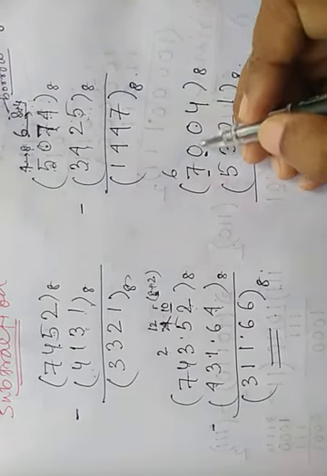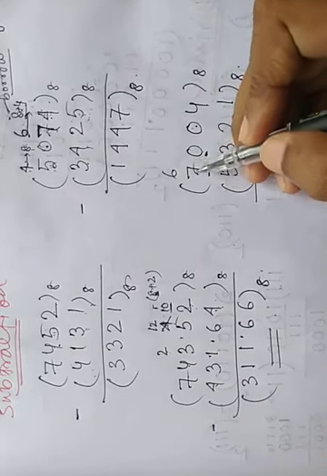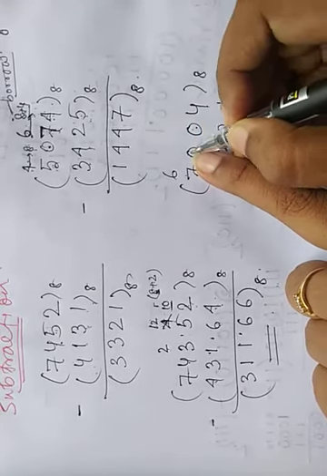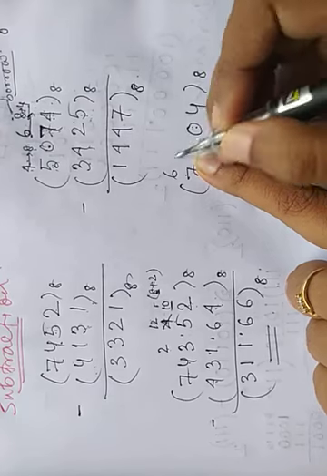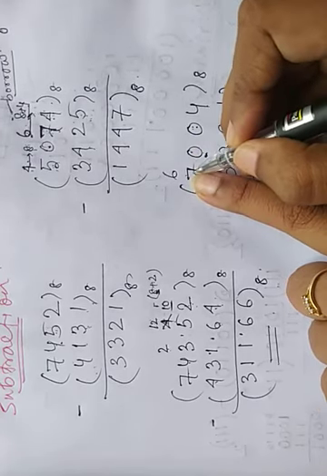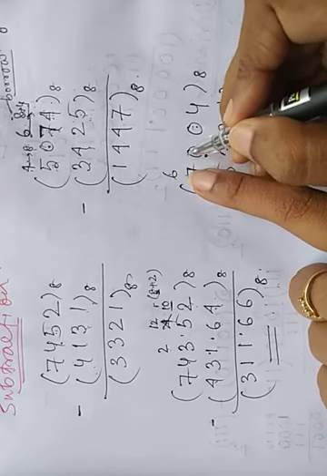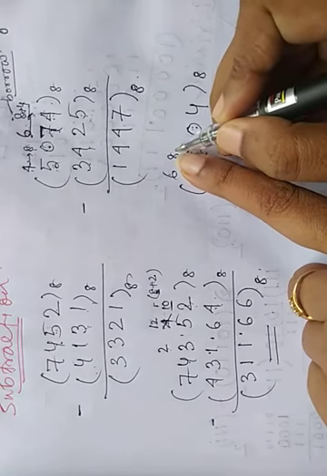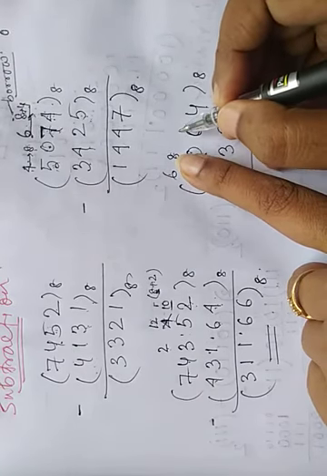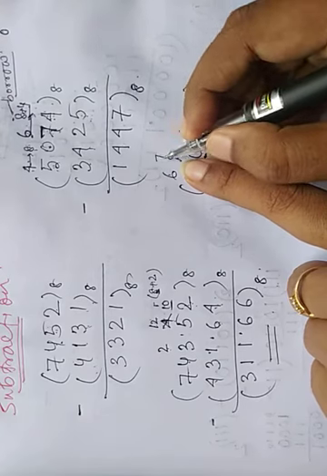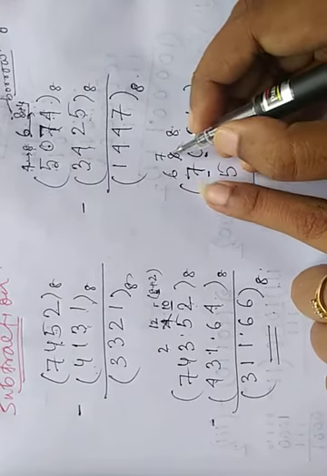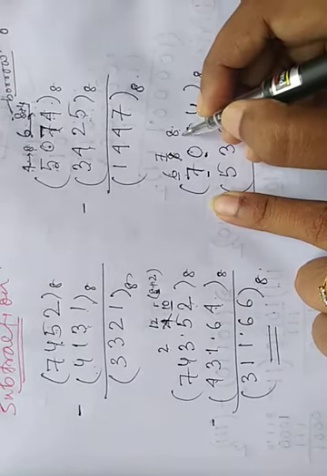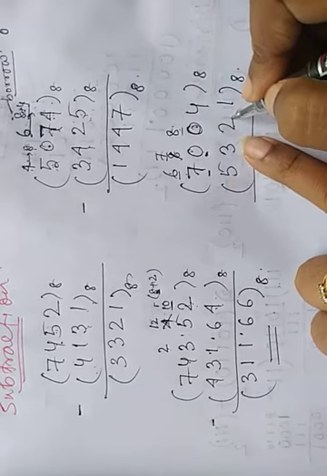Clear? And as we borrow, we have to borrow 8 from the 7 to this 0, and from this 0 to the next 0. The trick is: 7 changes to 6, and we borrow 8, so this becomes 8. Again this 0 has to borrow from this 8, so this 8 changes to 7, and 8 goes here. So ultimately we get 6, 7, 7, 8 and we subtract the other number from it.